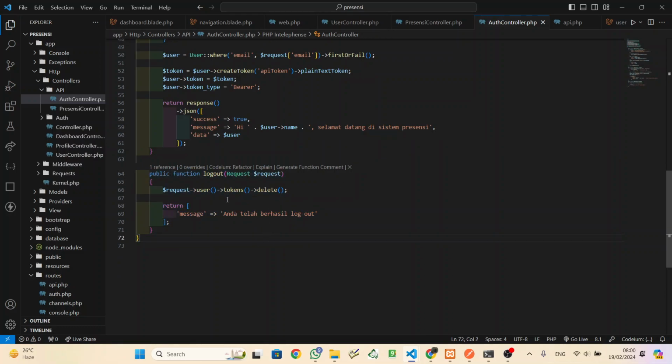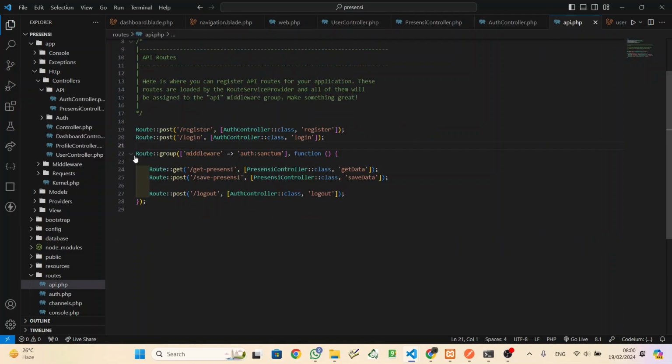And then back again to the auth controller, make a new function for logout. Simple like this. And then back to the API. Make a middleware auth sanctum, because we use Laravel Sanctum, and add it inside the Laravel Sanctum route for logout. Okay,